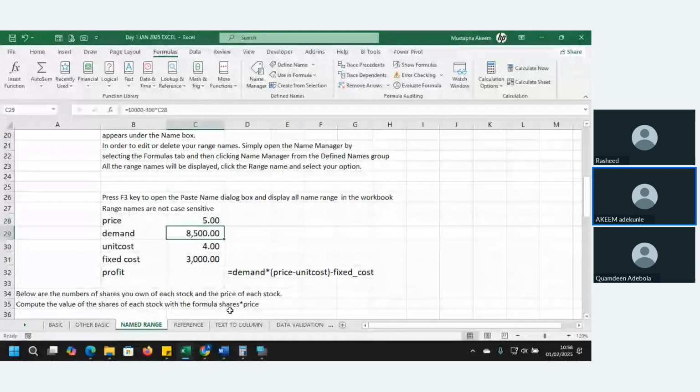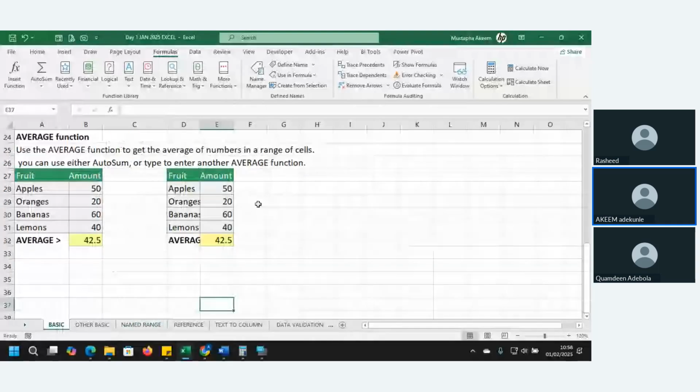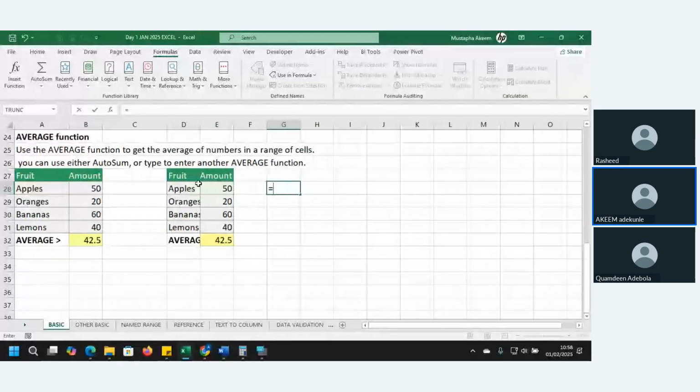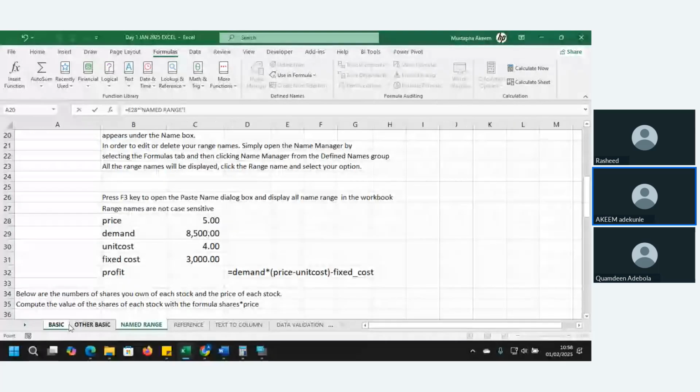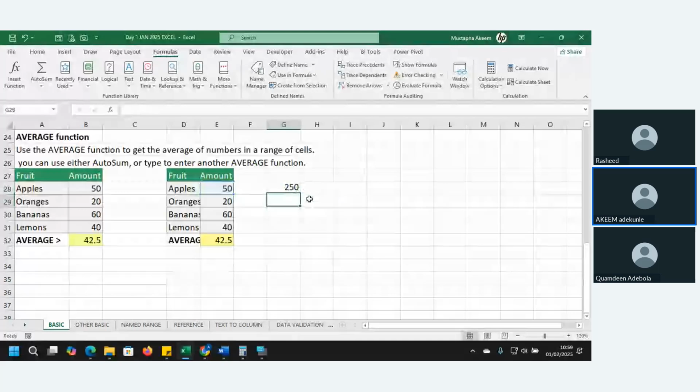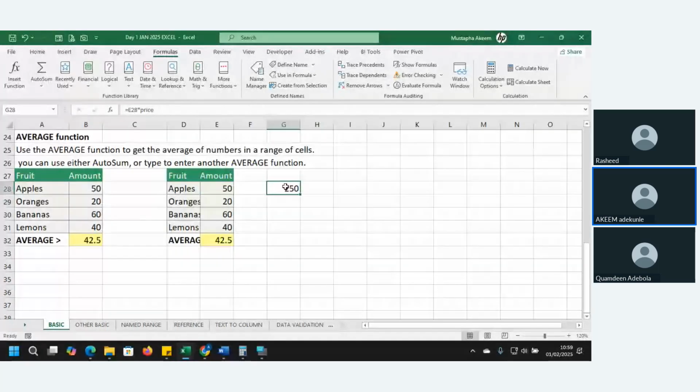Now, anytime I'm working somewhere, I'm just working here. We have quantity to be 50. I want to multiply the price, equals to this times, I'm supposed to go and click on this cell here to pick the price, right? But instead of that, this place where I am, I can simply type what? Price. Can you see? Because I've named it, I can call the name from anywhere and I will get the result. That is the essence of named range. So you don't need to be looking around.